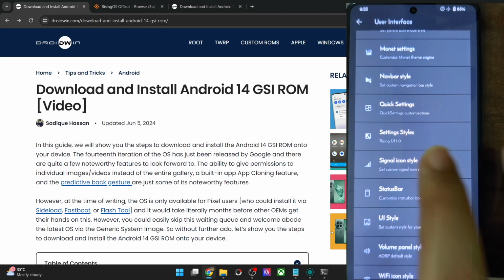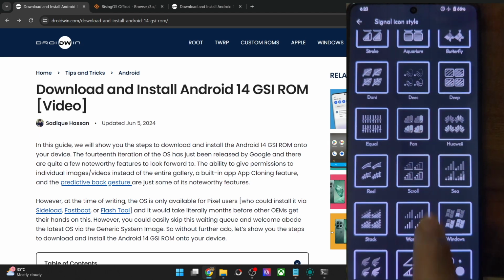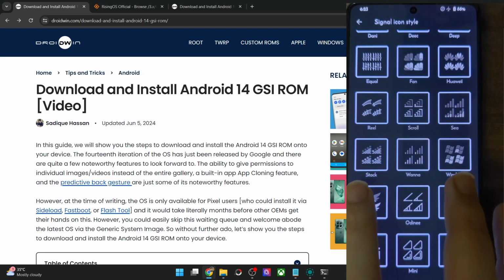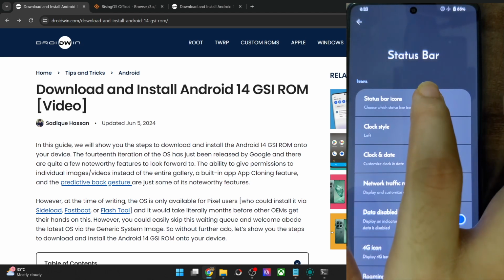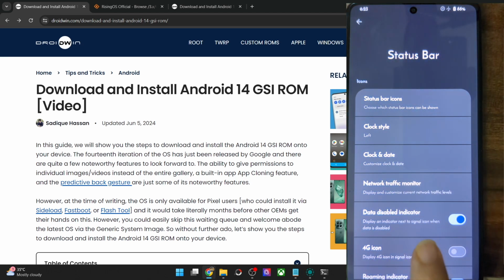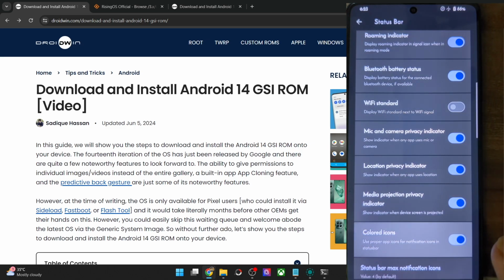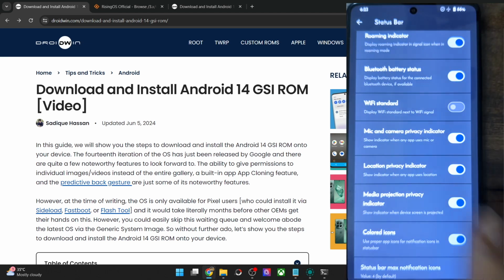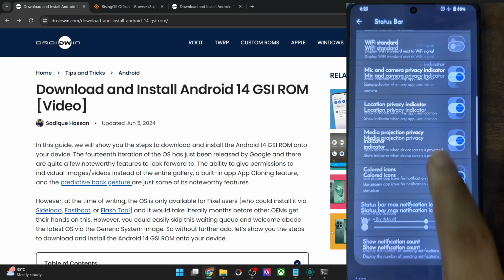and then settings. After that, the signal icon style for the 4G LTE. It's the network carrier data style which you could choose from here. Currently I don't have any SIM card, so I might not be able to show you. Then you have the status bar tweaks. You may show or hide the icons in the status bar. Then show the clock on the left or right, or show the seconds as well. And you may enable the color icons in the status bar. As of now, I've removed all the icons, but by default you will get the white icons. Upon enabling this toggle, you will get the same colored icons that you get in the app drawer.